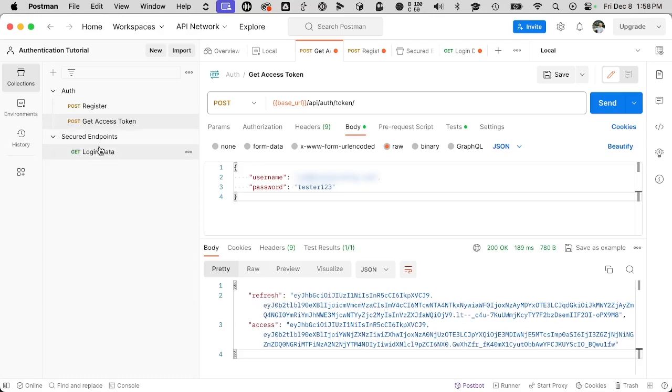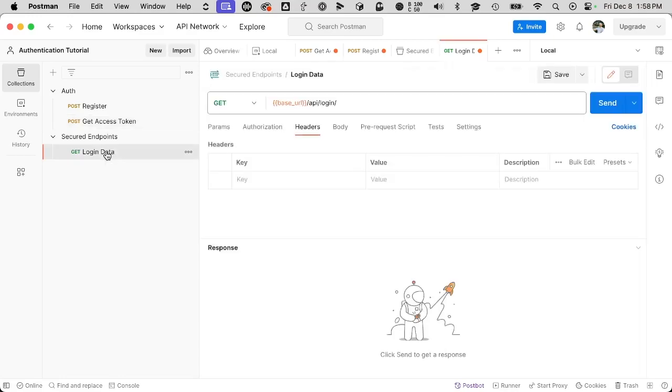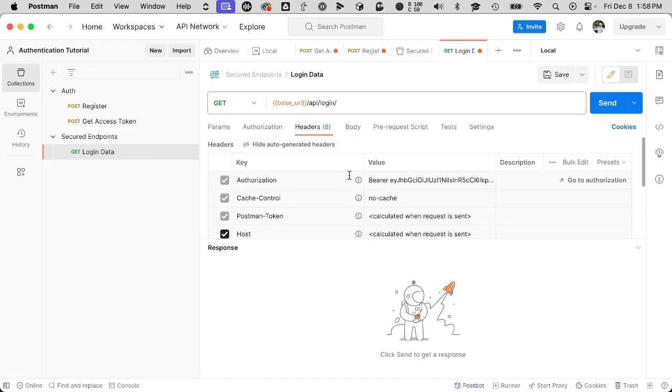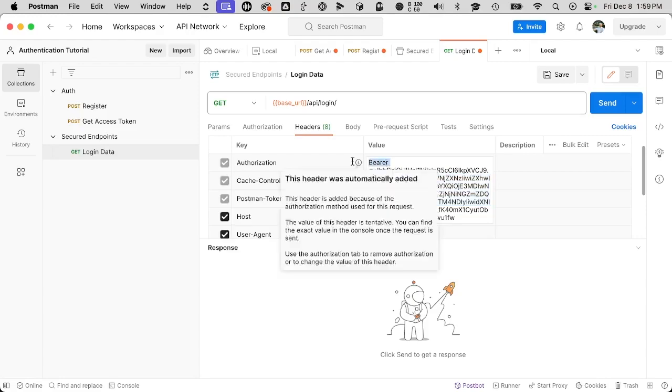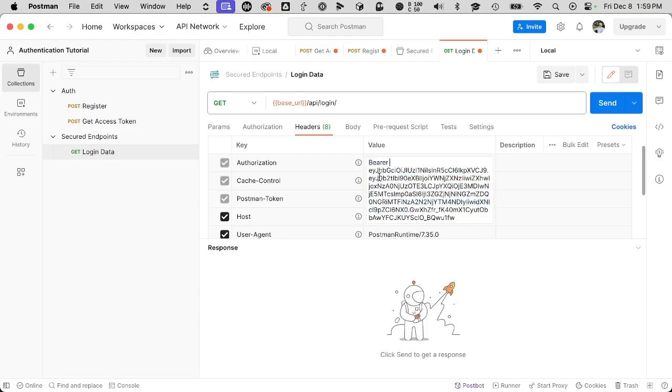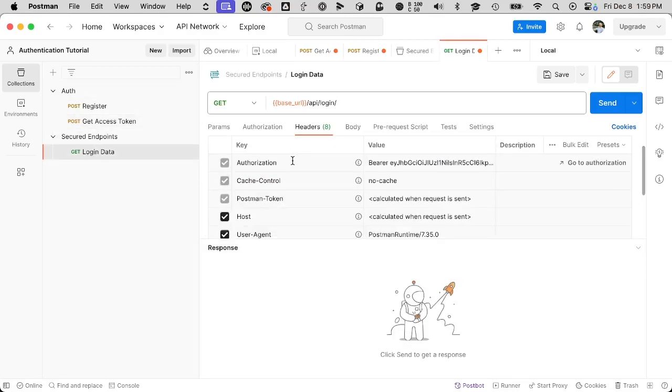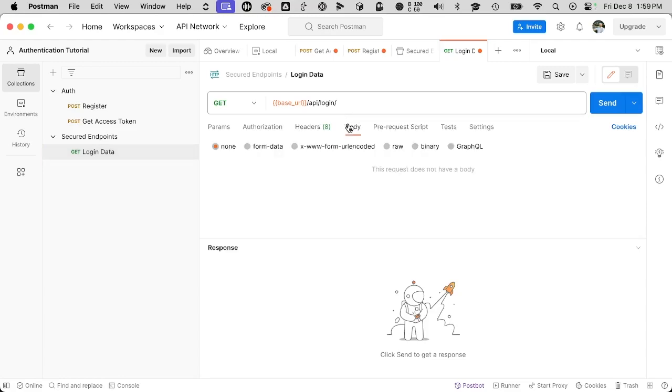Now for the endpoints, like that login data endpoint that we have there, we can use that authorization token, or the JWT token, and we can create a header named Authorization, and the value is going to be Bearer, space in between the two, and then you paste that long access token that you saw right here. I have Postman set up so it's automatically setting all these things for me, but just know that's how you do it: you create a header in the request, and then you say Bearer space, and give it the access token. So if I send this request out,